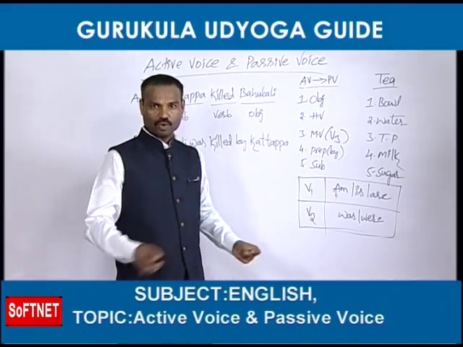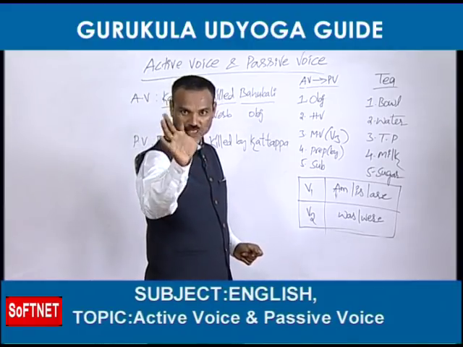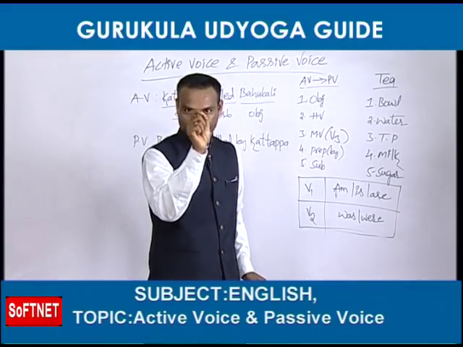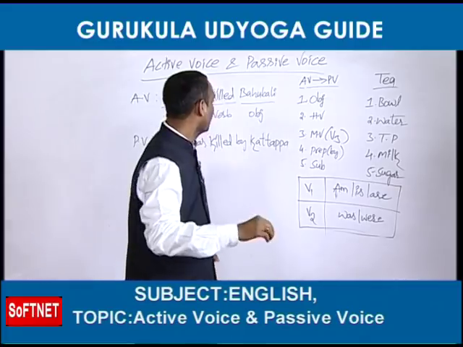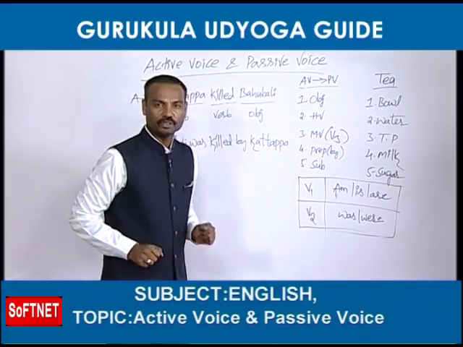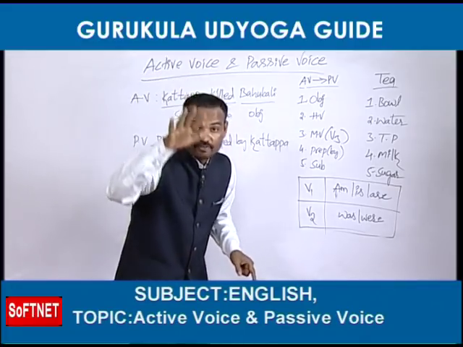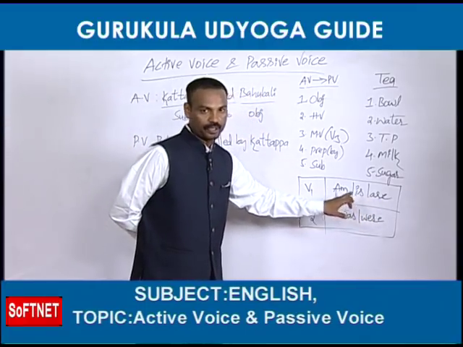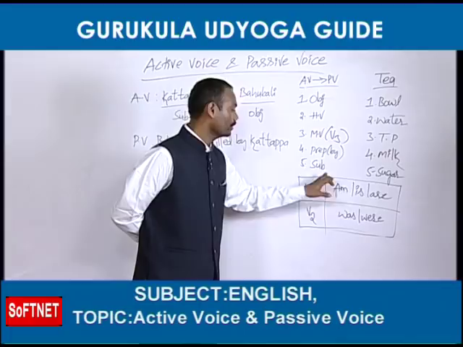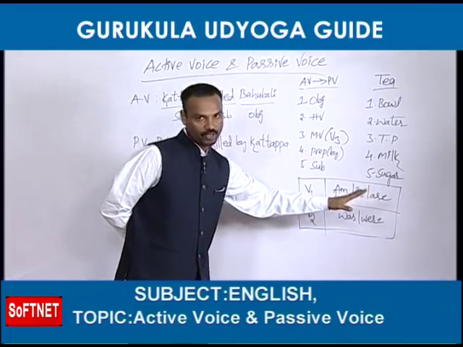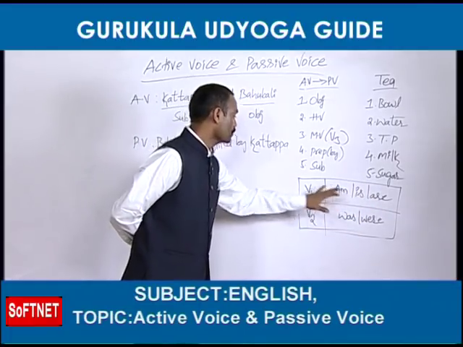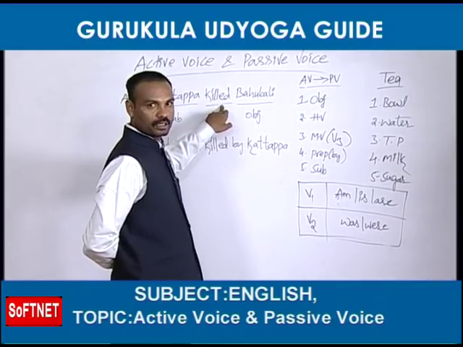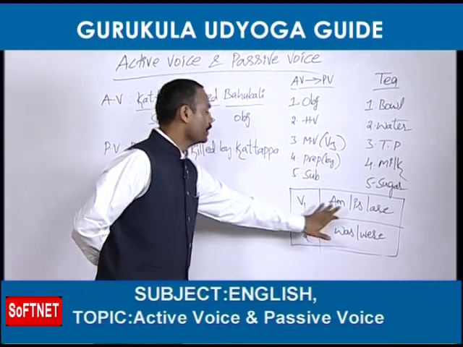So friends, now I am going to tell you another beautiful technique. Whenever you don't find any helping verb in the active voice, the sweet technique is, again you should depend upon the main verb. If the main verb is in the first form, you should take am, is, or are. HV means helping verb. These are also called B forms. Right. So whenever you find V1, the first form, you can select any one of these three.